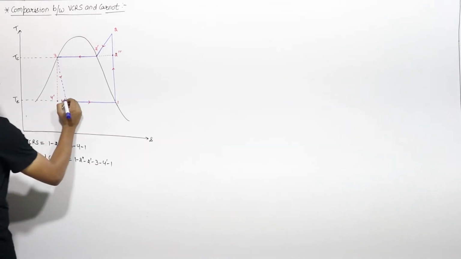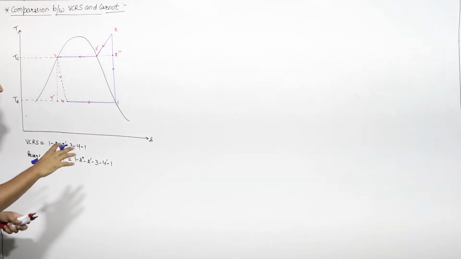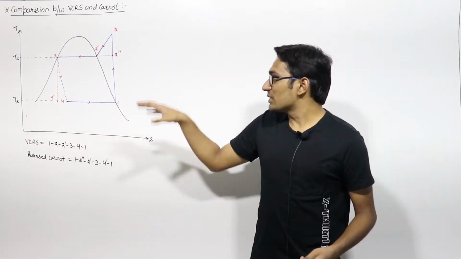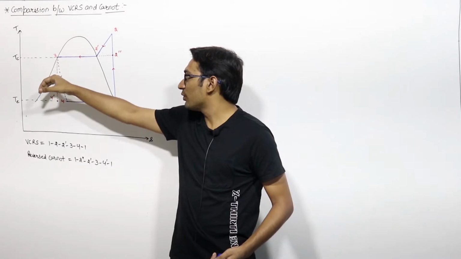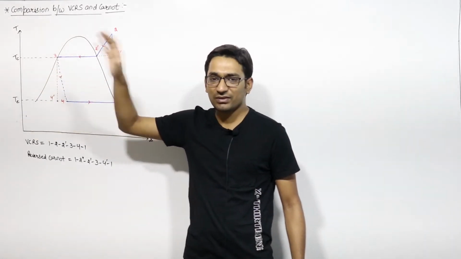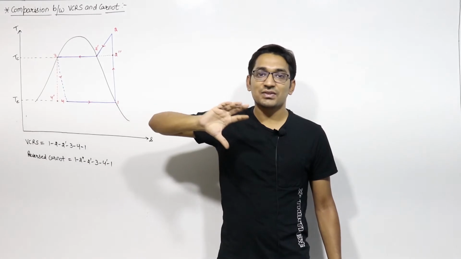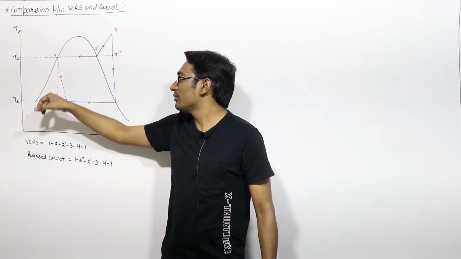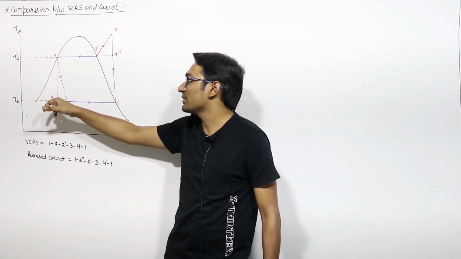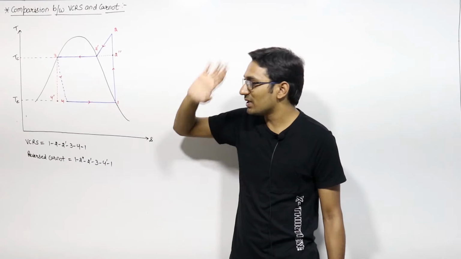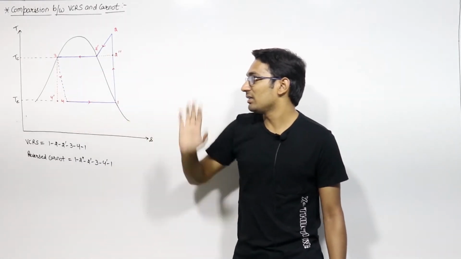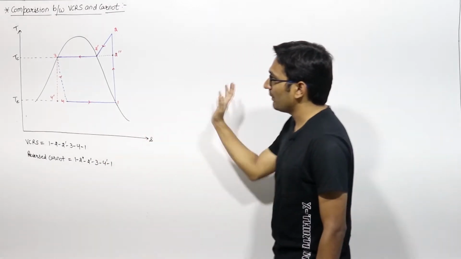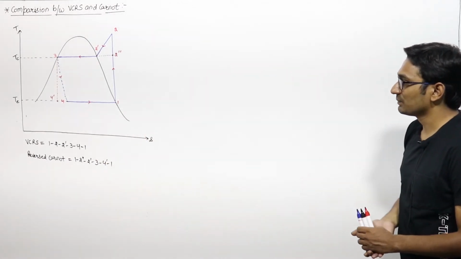So we have to compare between them. Because of the irreversibility, see this Carnot cycle, this 3 to 4 dash I represent as a dotted line just to differentiate between the reversed Carnot cycle and the VCRS. Obviously this 3 to 4 dash is a bold line because this process is a reversible process, but just to distinguish between VCRS and the Carnot cycle, I draw it dotted.